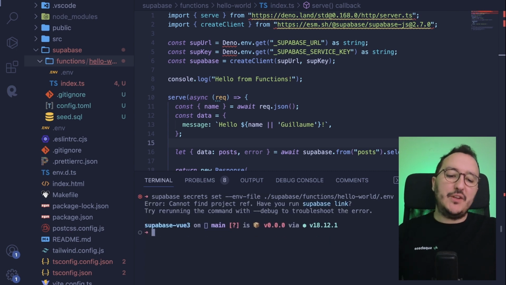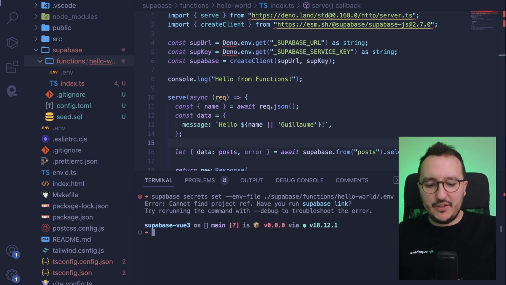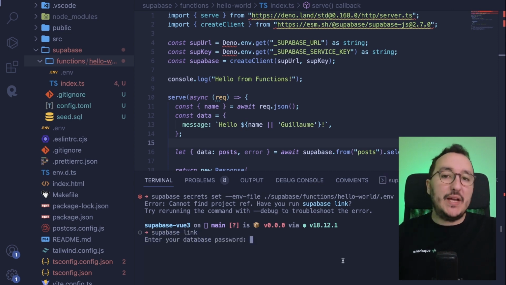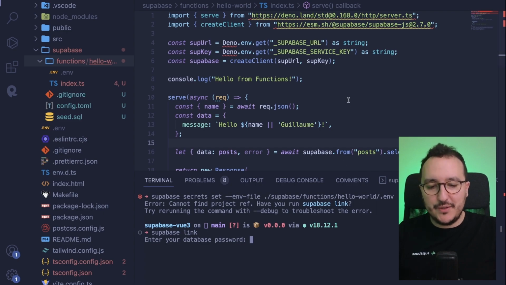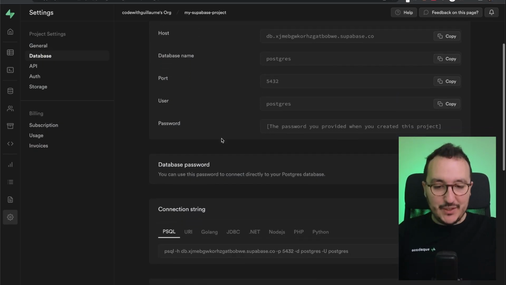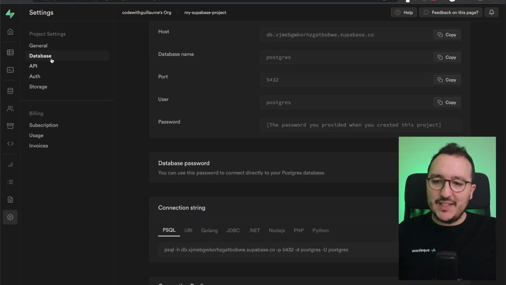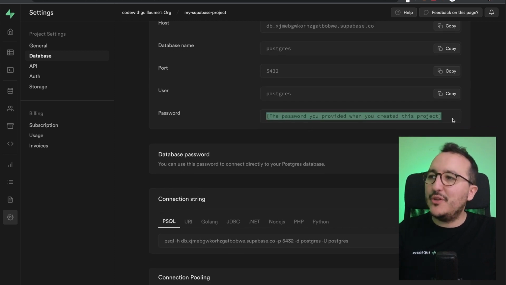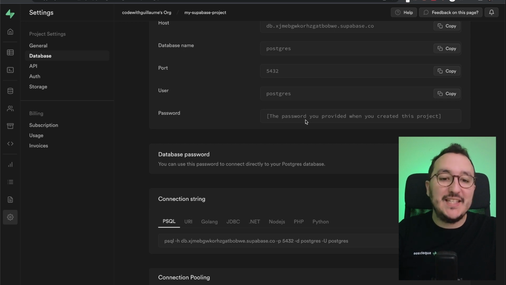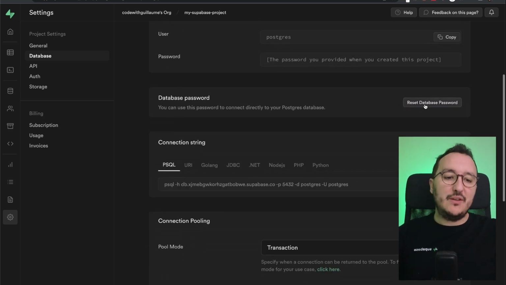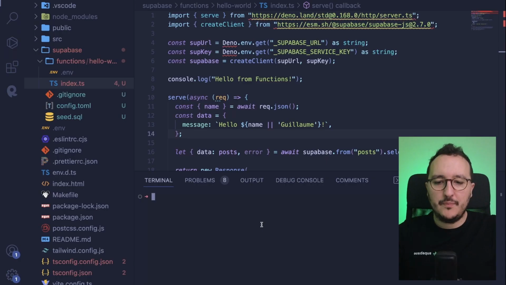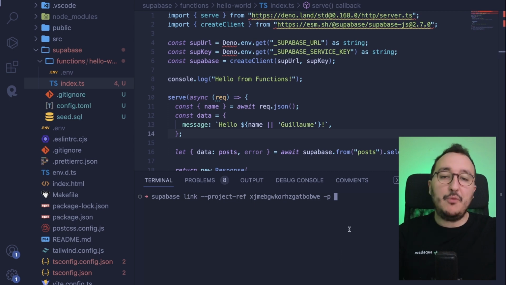And when I type enter, I got an error called Supabase link. So what I want to do, I want to type supabase link. And here I need to enter my database password. If I look for the password, what I need to do is to go to project settings, database. And here I got a password and it's written the password you provided when you created this project. If you got trouble, you can reset the database password. I got my password, so now I can type supabase link. And I want to pass the password, so I'm going to type -p and I'm going to type my password